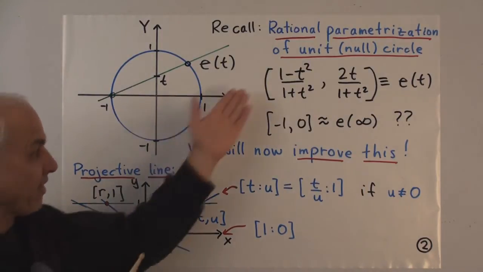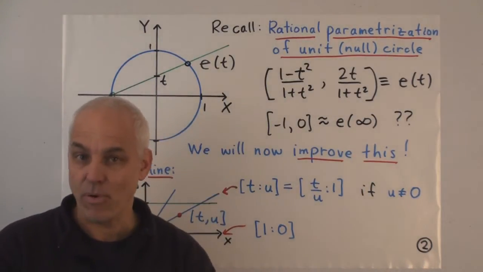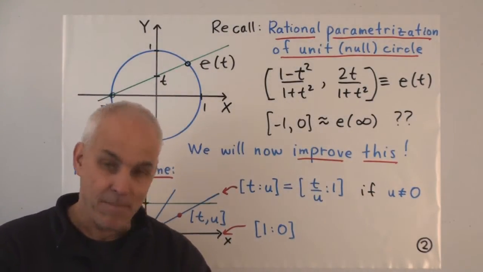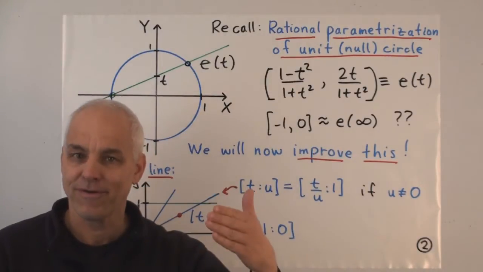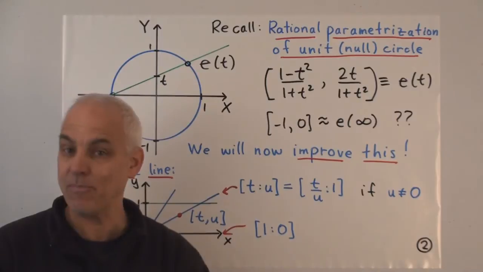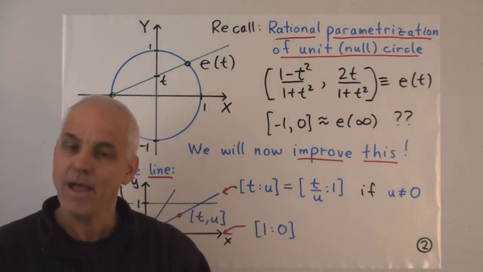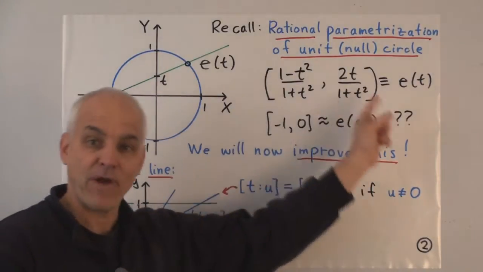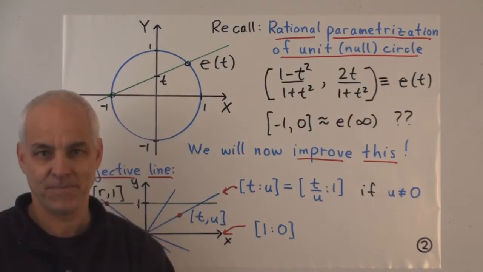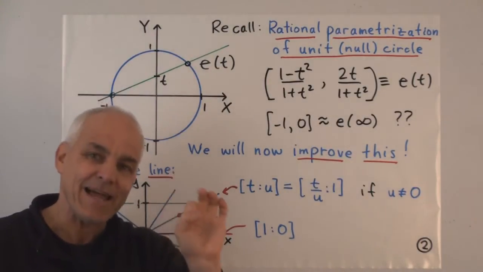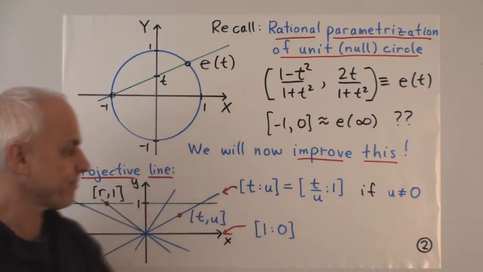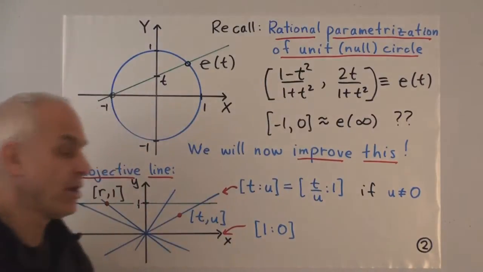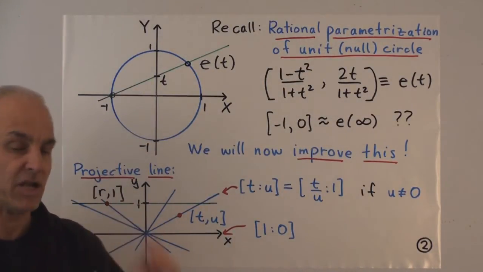So this is a very important parametrization. I've emphasized how important it is. It's far superior to the usual cosine-sine parametrization, for example. But now we are in a position to go further, to actually improve on this important parametrization. And we're going to improve on it by incorporating this special point in a framework that's the same as all the other points. So we're going to remove this slight hiccup that we have one exceptional point. And the idea is that we're going to move from a rational parametrization to a projective parametrization.